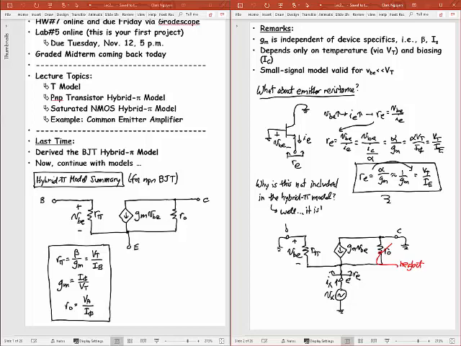Yeah, it's beta over beta plus 1, but what's the number? Yeah, it's about 1, isn't it? Right? So it could be 0.99 or something like that, but it's pretty much 1. Okay, so